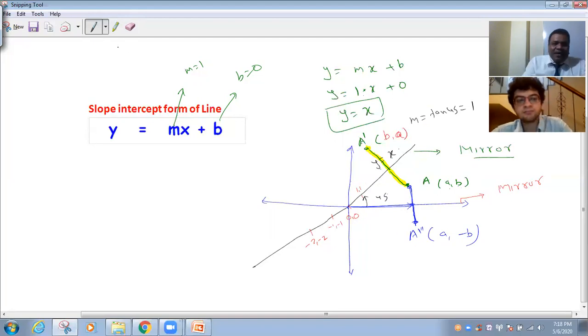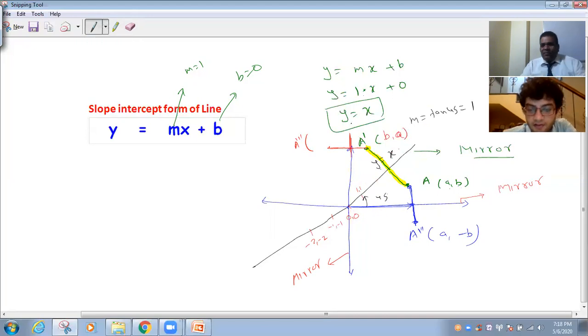Yes. Now, if I assume this y-axis is mirror. Now let me assume y-axis is mirror. Okay. So the mirror image is somewhere here. So can you give me the coordinate of the mirror image? -A minus B. You have to see this point. Sorry. Yeah. -A and B.